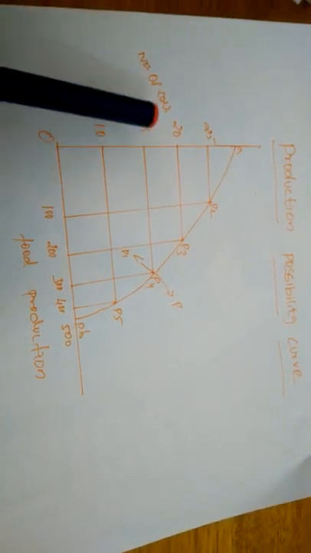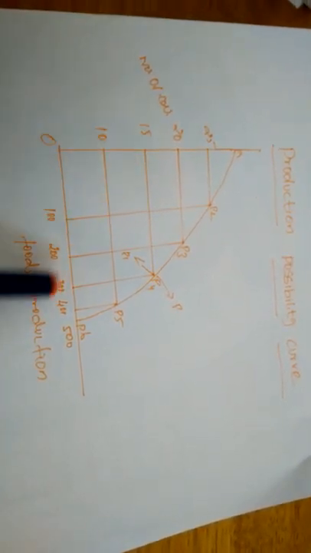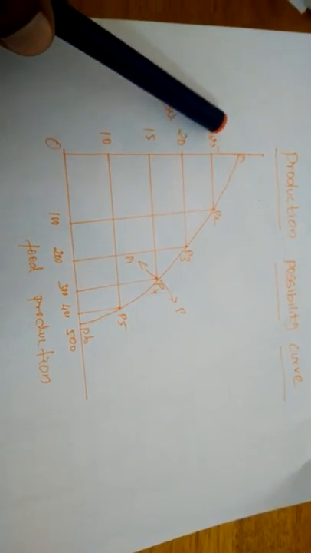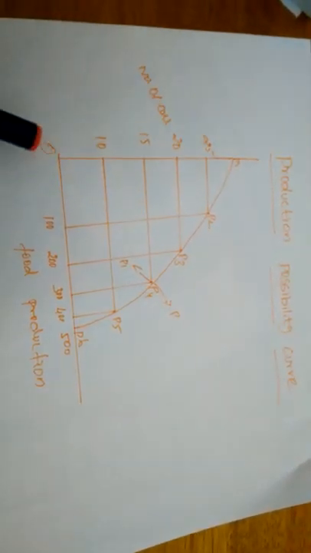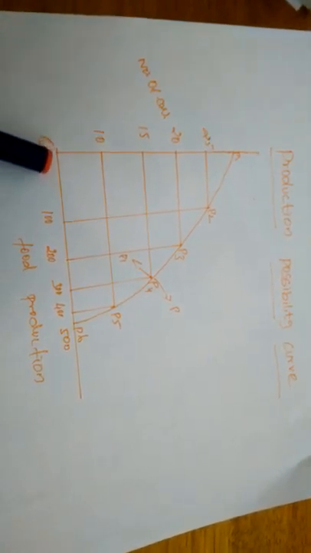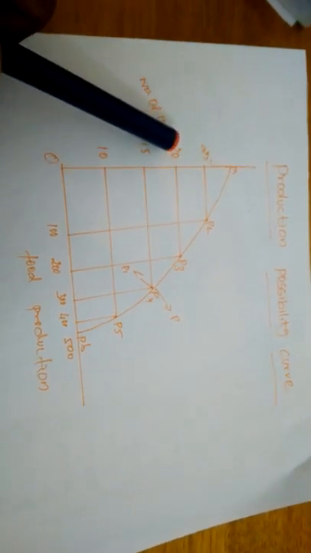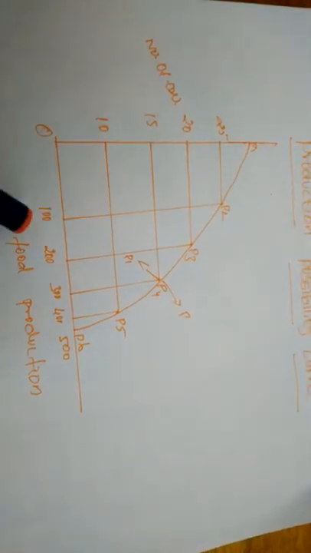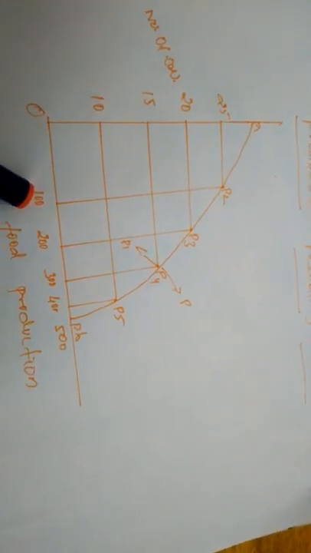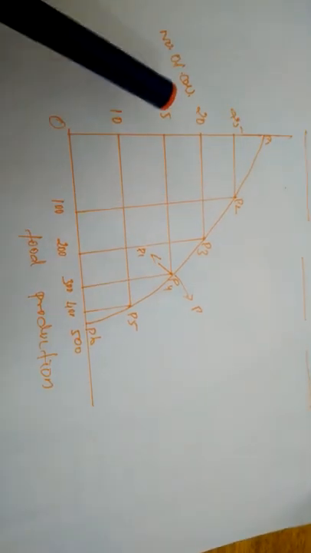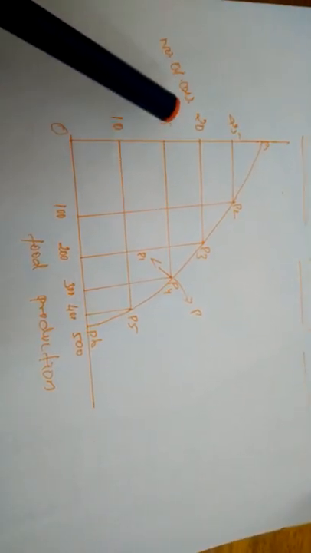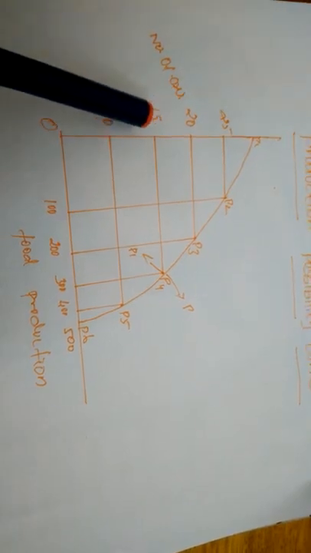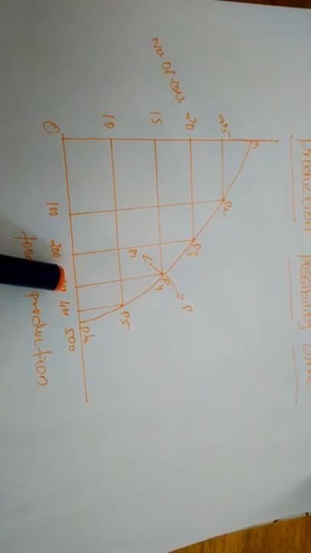Otherwise, if we increase the cars to 15, we must reduce the food amount. When we are producing 25 cars, we cannot produce any amount of food. So if the nation reduces the number of cars from 25 to 20, then by using the available resources we can produce 100 tons of food along with 20 cars. Whenever we reduce the number of cars, we can increase the amount of food. So now 15 units of car and 300 units of food is the maximum